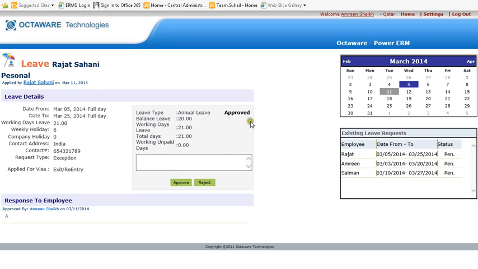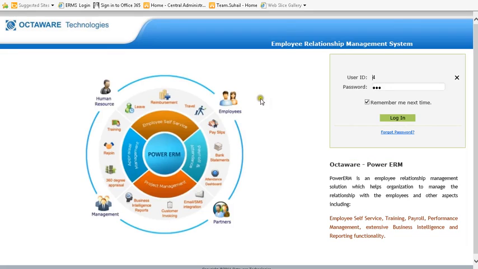Now you can see the leave request has been approved. The approve and reject buttons are already being displayed. Now the second supervisor has to approve the leave. We will again log out from the system and log in as the other